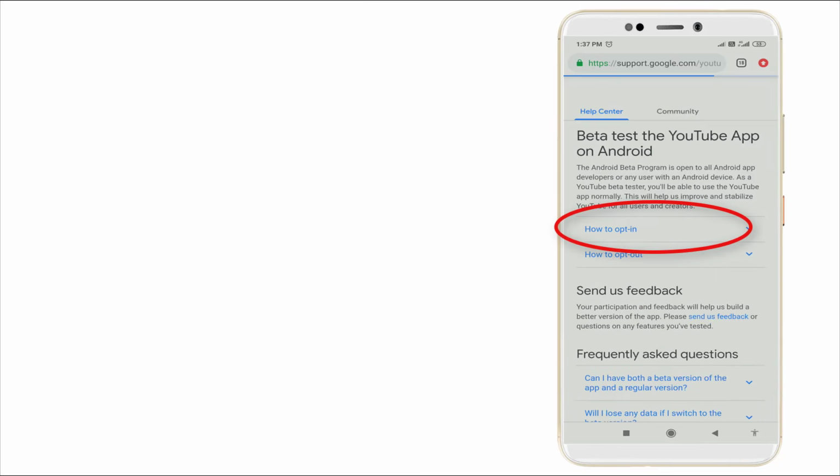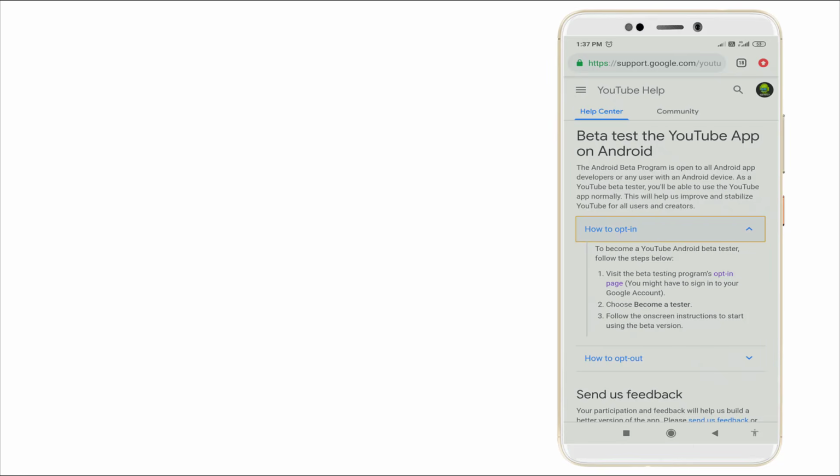After clicking this, a menu will appear like this, and here is how to opt in, you want to click that one. After clicking, the pop-up menu will appear like this. Visit the beta tester program, opt in, choose become a tester, follow on screen. Yes, click this opt-in page,